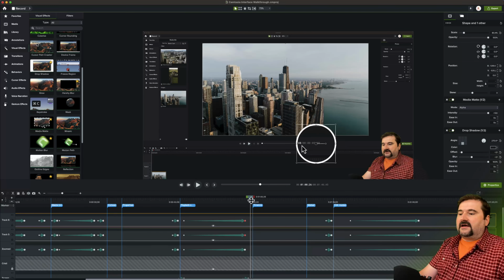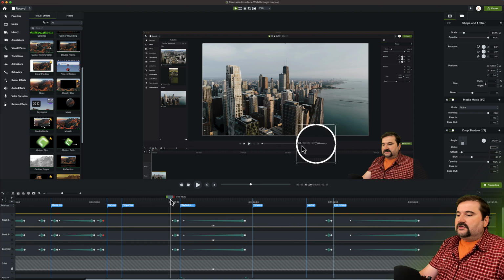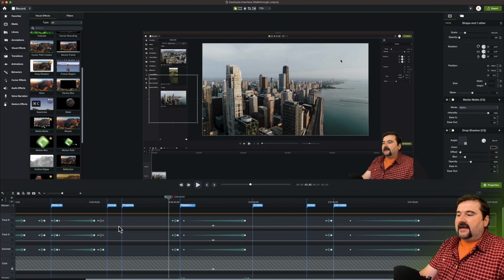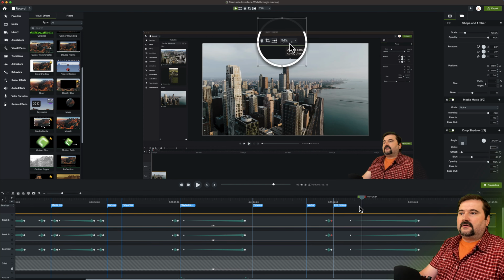So there you go. And as soon as you create all of this setup in your whole project, you can easily use all these animations to move this object around, put it in a place, put it in another place, and also if you need it to disappear, you can use the opacity controls to animate it out and in. Or if you want to, you can just make a selection and cut it, slice it, and remove it for that portion. And then you bring it back in and continue your animation. There you go. So, cool effect.